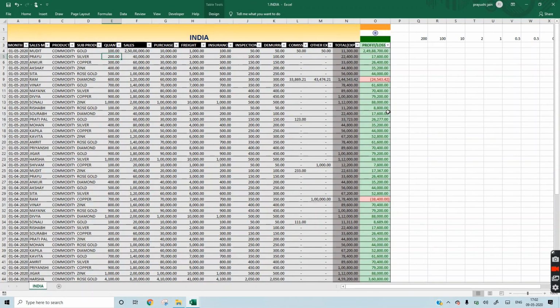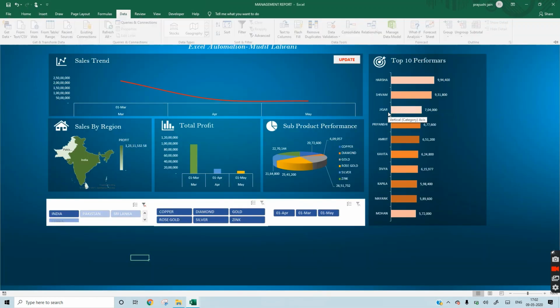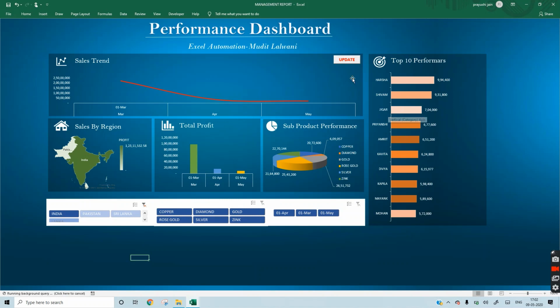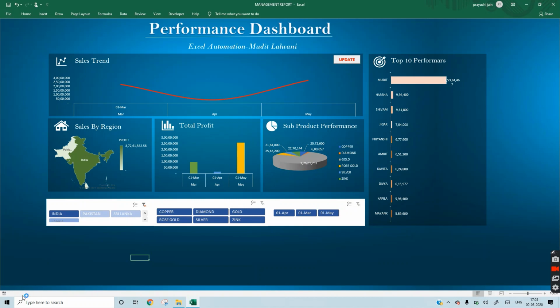So what we will do, we will change data here, we will save this file and we will press the update button. So whenever we press this update button, as you can see, a query is running in the background, automatically all the processing will be done and you will see the final results of this.